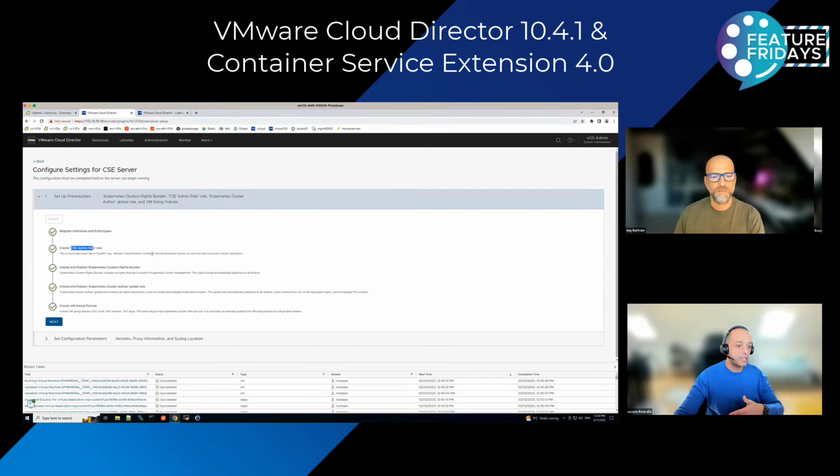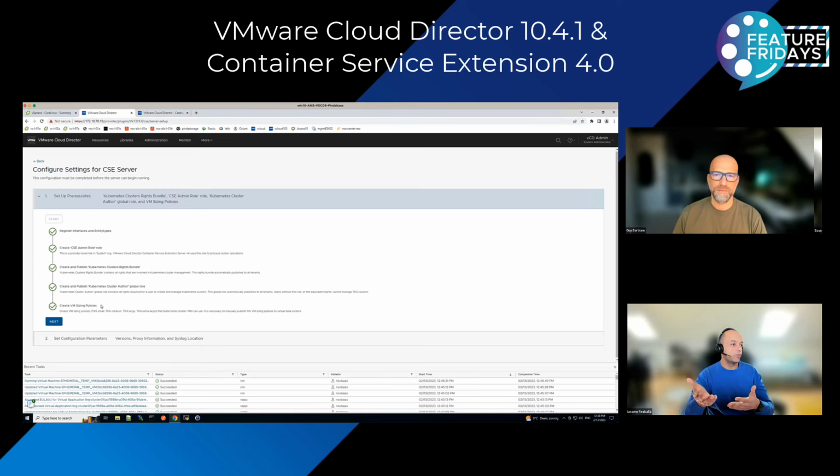Good point. Don't get carried away and just start deploying the VApp. You need to do this step. This is also very important, because it creates the VM sizing policies, which give you a list of available VM sizes, used as t-shirt sizes for your Tanzu nodes. So you'll have TKG small, large, X large, and so on.